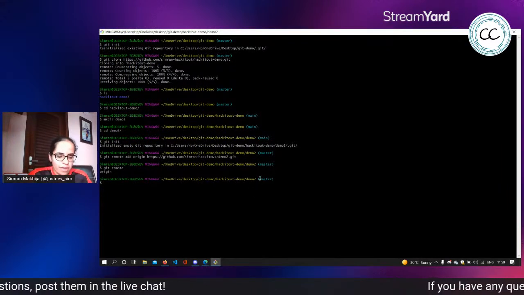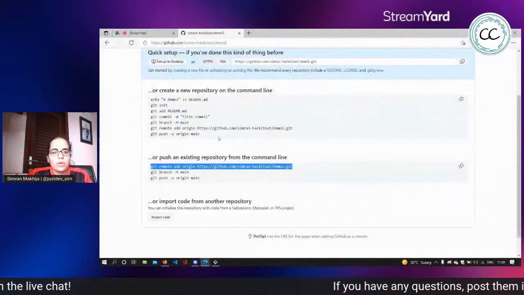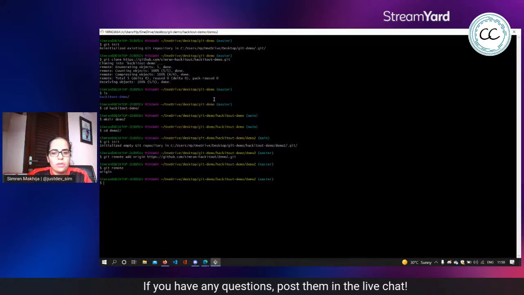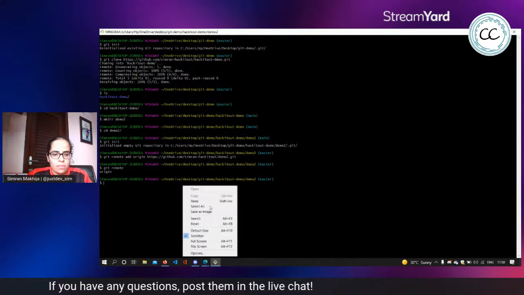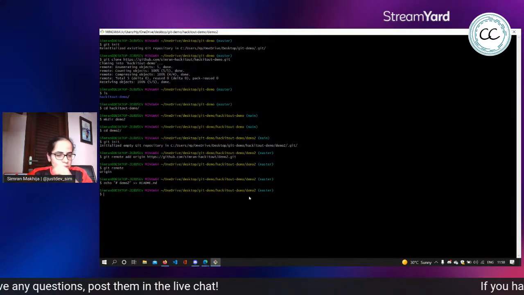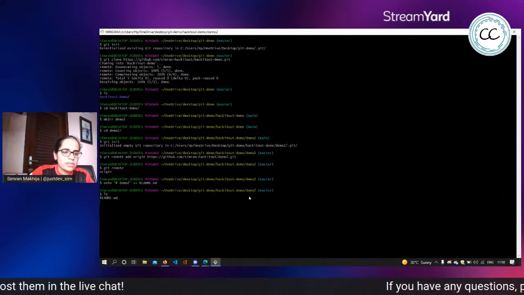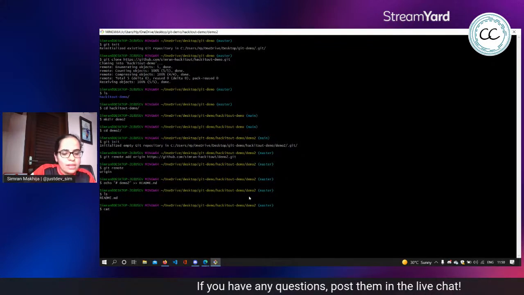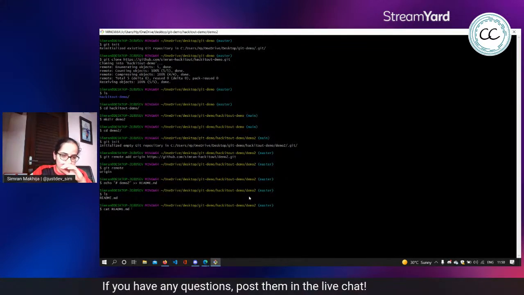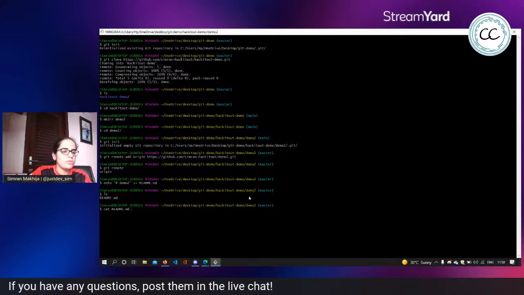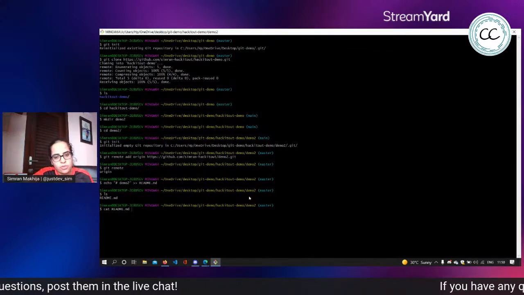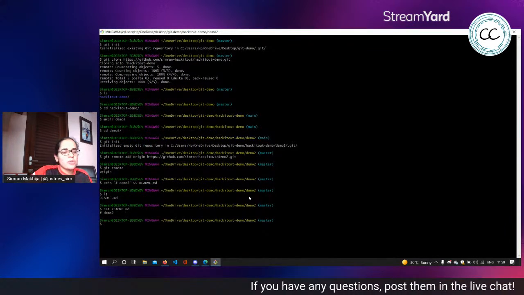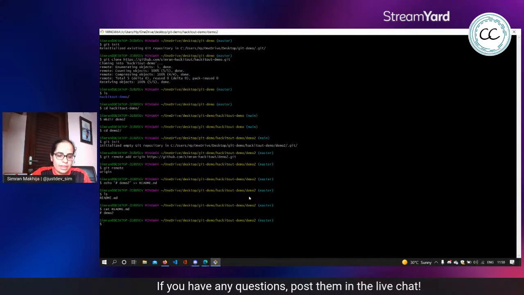Since we don't have any files here, let's quickly create a readme file and paste it here. So now if we ls, that is list all files we have, we see readme.md. This is the best thing about Git Bash. It is a bash shell. You can use all Linux commands that you would usually use on the bash shell in your Windows system. So as you can see, readme looks like this.